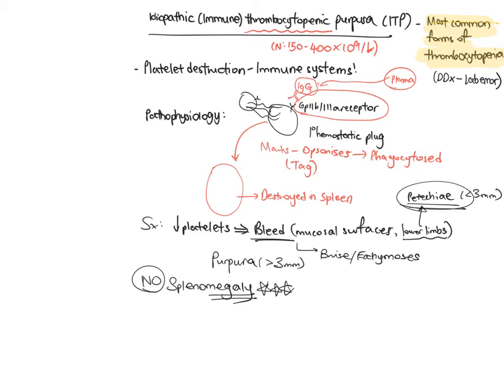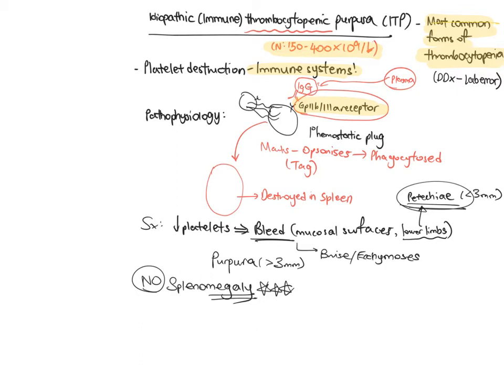It's also important to note the normal platelet count. Basically the platelet is destroyed by the immune system. The immune system recognizes the platelet as foreign, and it produces antibodies against this receptor 2B3A, which has a role in platelet aggregation. And I'll make a separate video discussing that